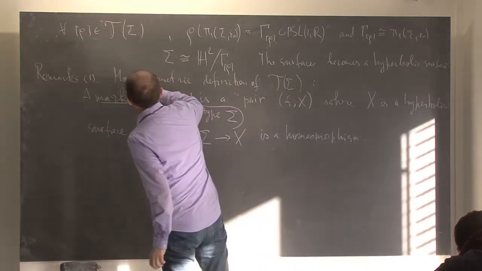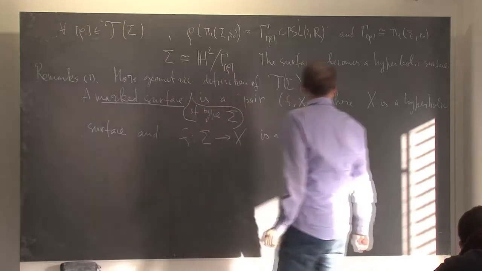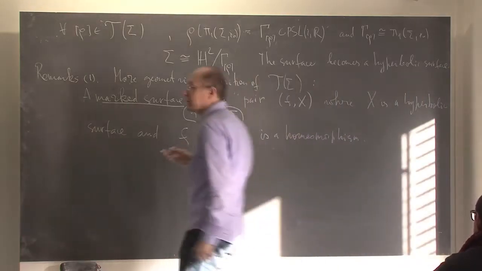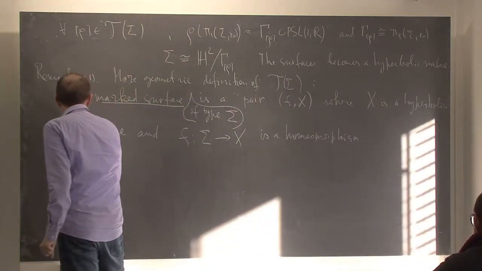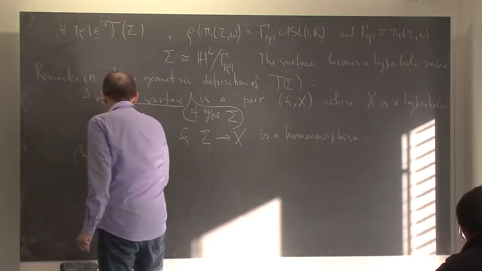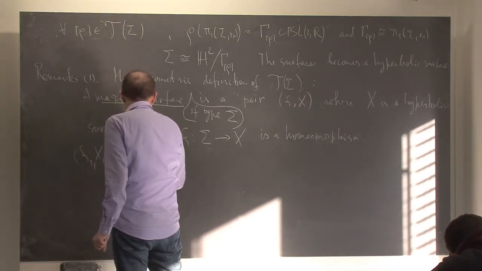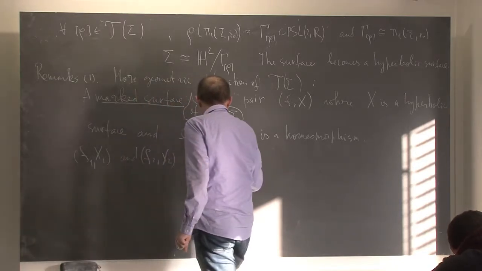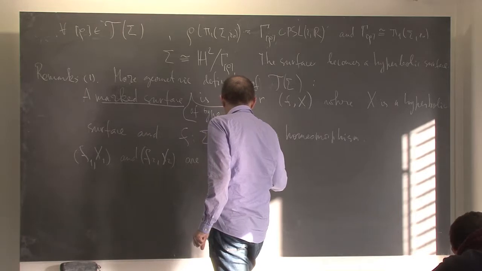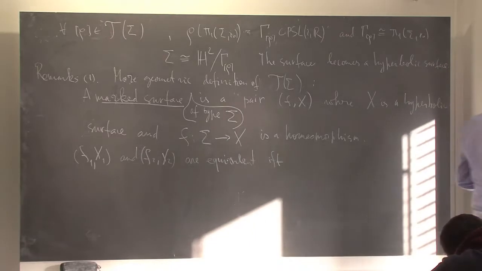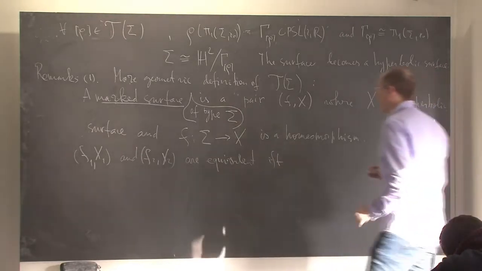This is not V but R. Hyperbolic surface, homeomorphism, and then we impose the equivalence relation. And two marked surfaces, F1, X1, and F2, X2 are equivalent if and only if X1